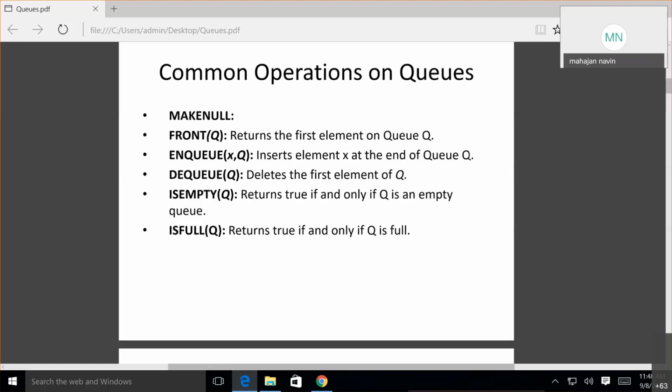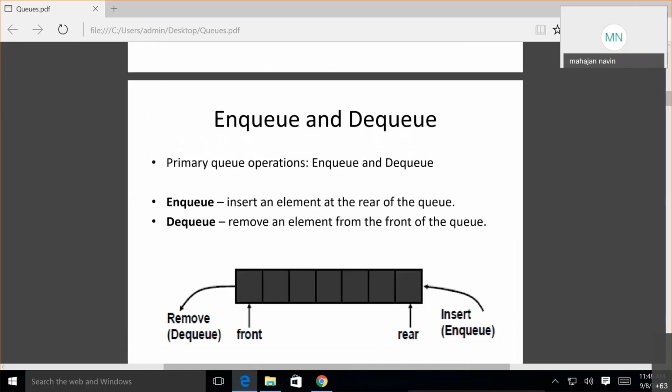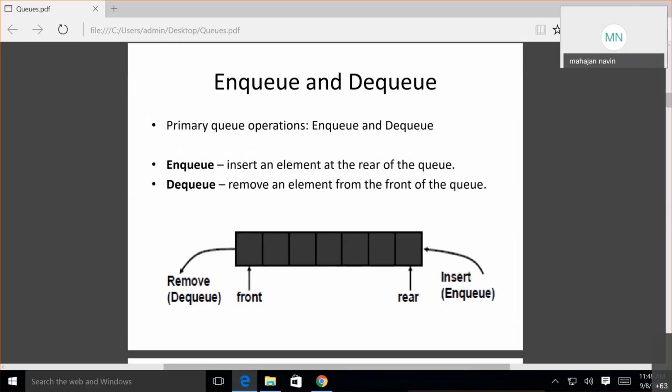Okay, fine. We have seen all this in the last lecture. I will just revise and we will start. So what is NQ? Suppose we have a queue here. See, this is the queue.